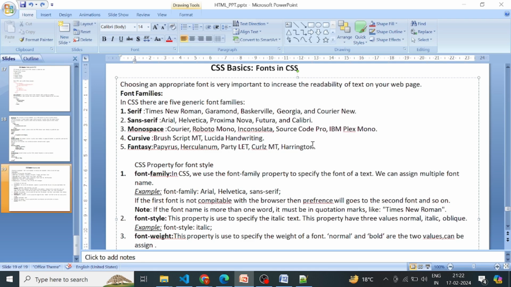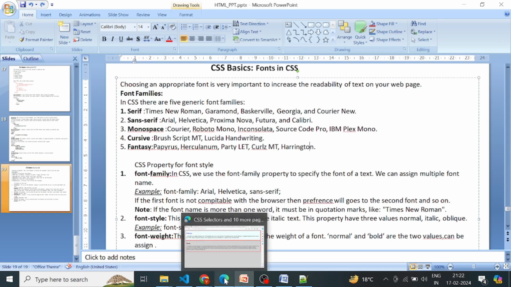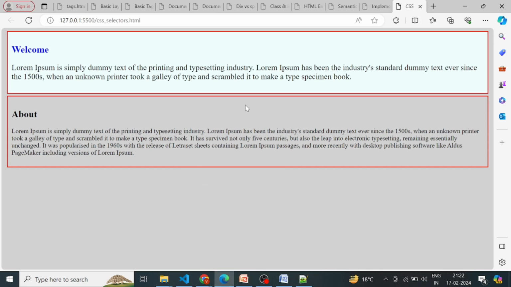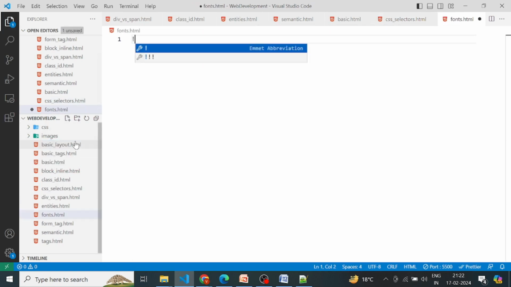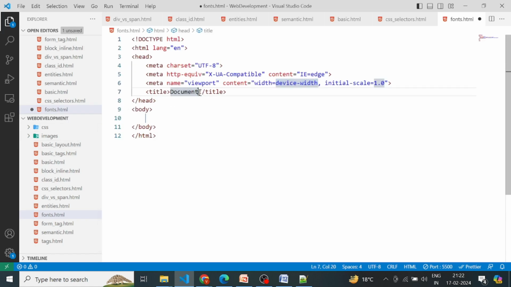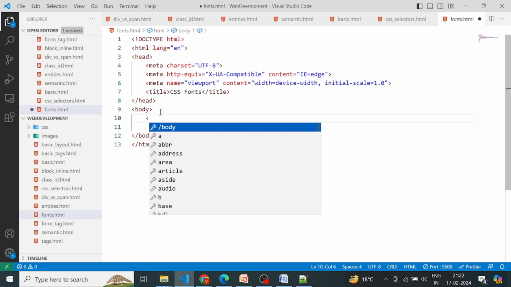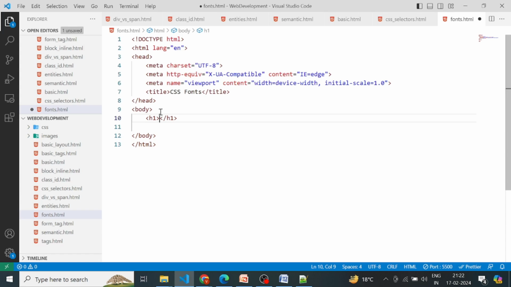Okay, so let's open our VS Code and one by one define each font and see what is the difference between these fonts. So first take a new .html file. Okay, fonts.html, and this is our boilerplate code, and change the title here. I can say CSS fonts, and in body I am going to take one h1 element